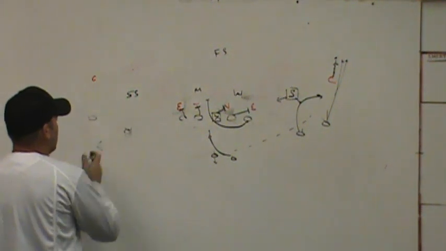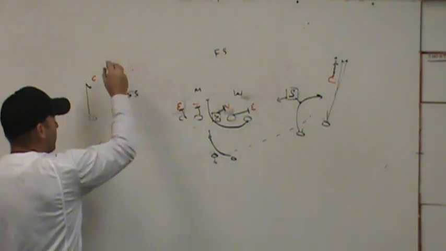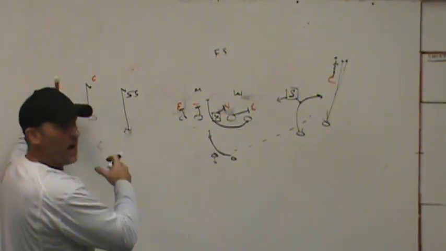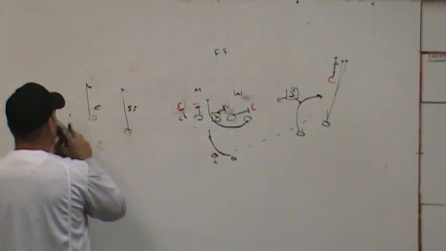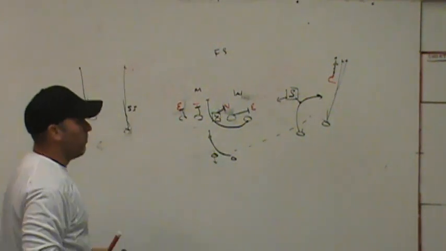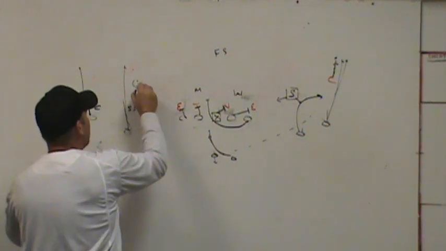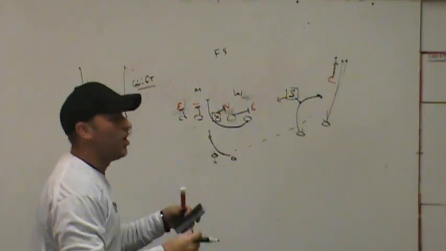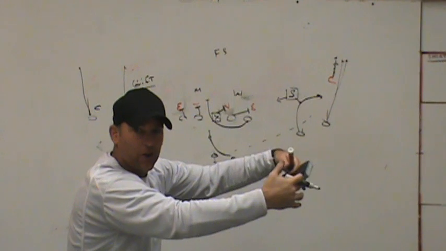If you had some type of system over here to where you could run based on coverage, hitches or fades or verticals, if you get six in the box, your quarterback can take the gift route over here. If it was press man, now you can convert these into go routes. All right, and now much like Mazzone talks in stick draw and some of the college guys talk about, take the gift throw that they give you back here. Okay, so that's the reason that you would want to have access throws or screens built in opposite the RPO,